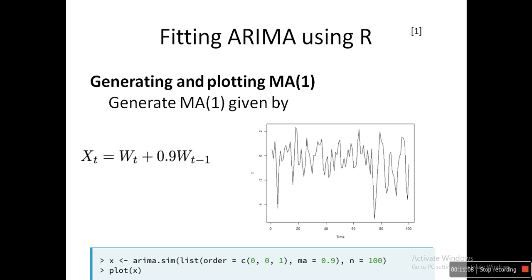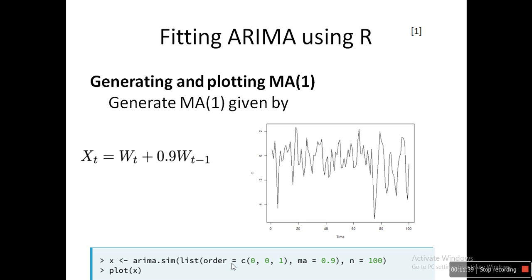So how could we simulate or generate the moving average, that is, the last part, the white error or white noise part? The function in R is arima.sim, which means simulation, with list